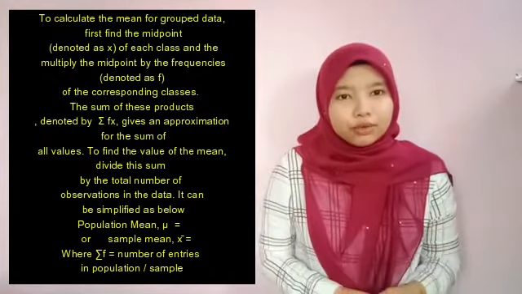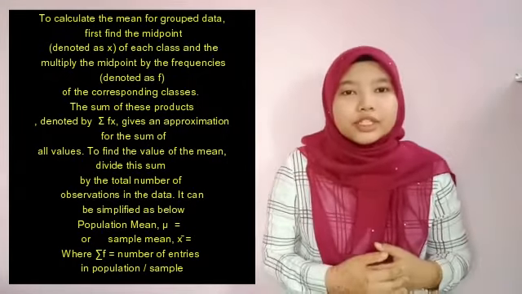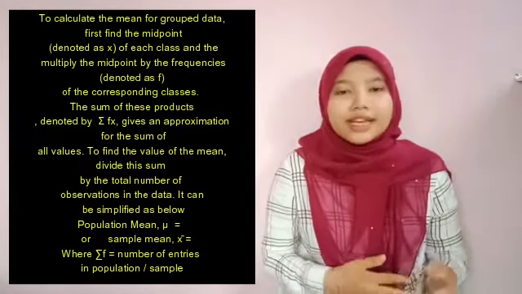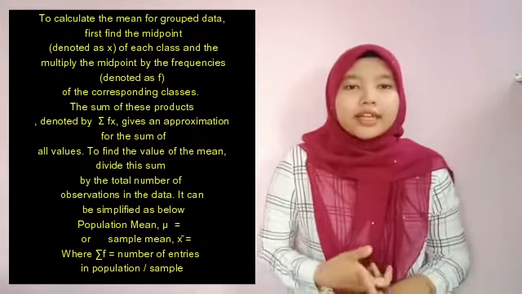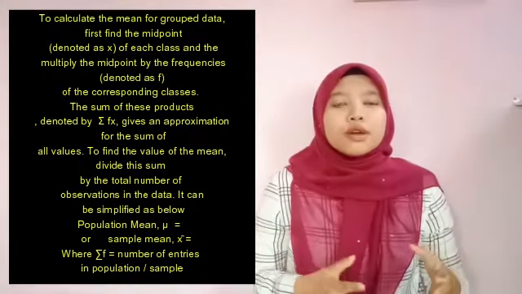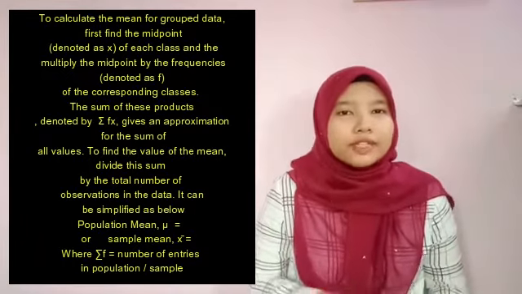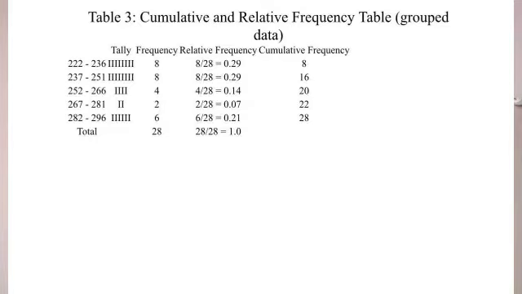To find the mean, divide this sum by the total number of observations in the data. It can be written for population mean and sample mean,